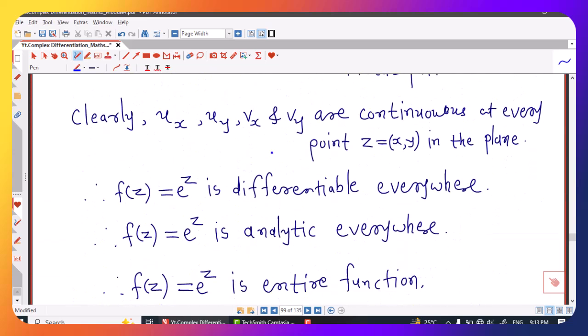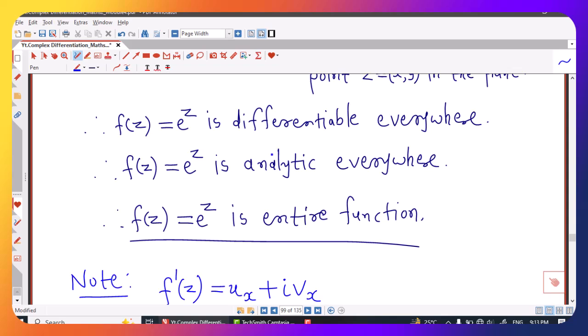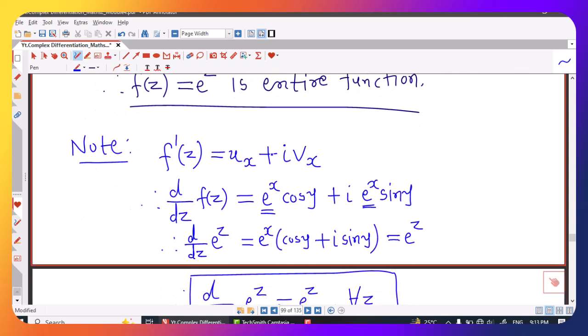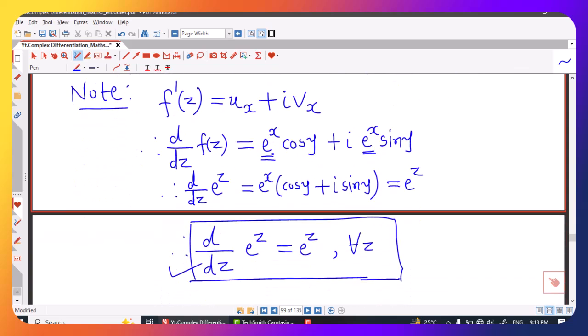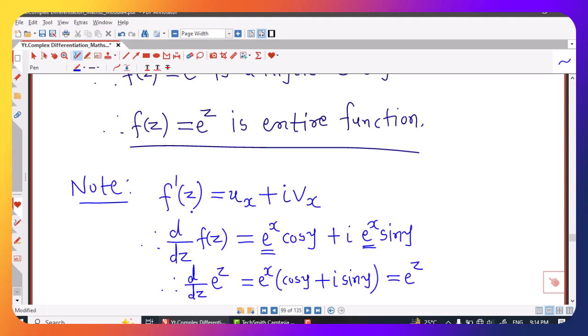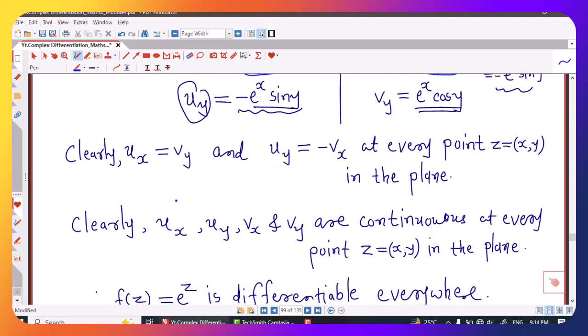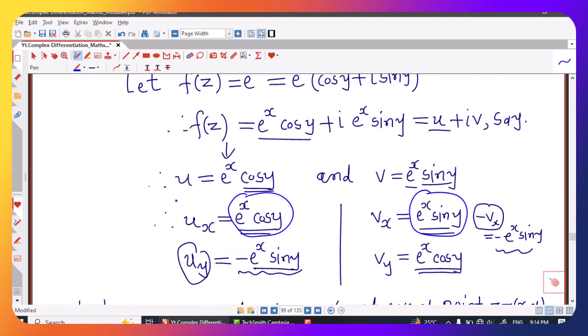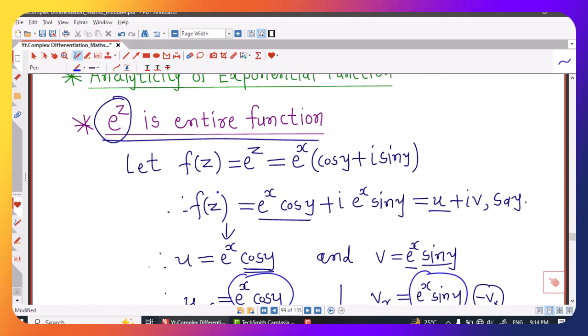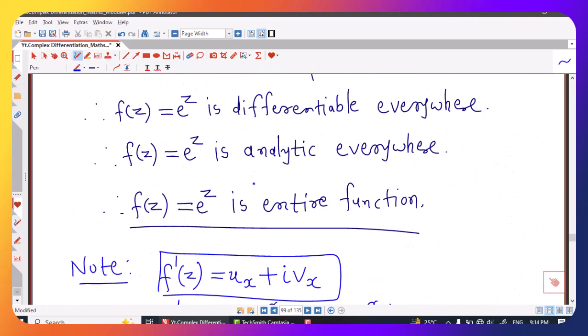So they can ask you to prove that e raised to z is entire function, or they can ask you to prove this formula that d by dz of e raised to z is e raised to z at every point. So all we have used is this formula to write down the derivative, and to prove the differentiability we have used Cauchy-Riemann equations. So we will continue with